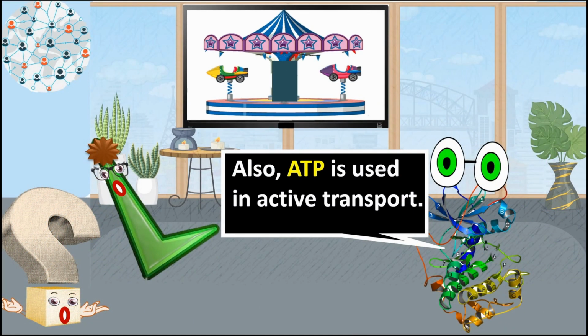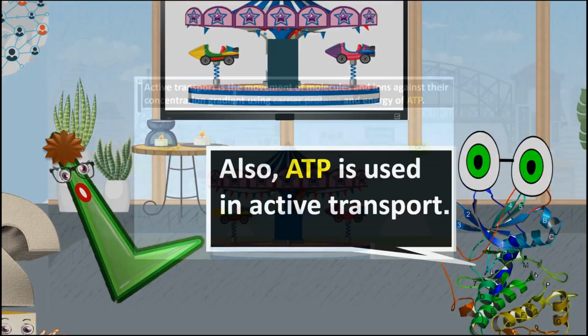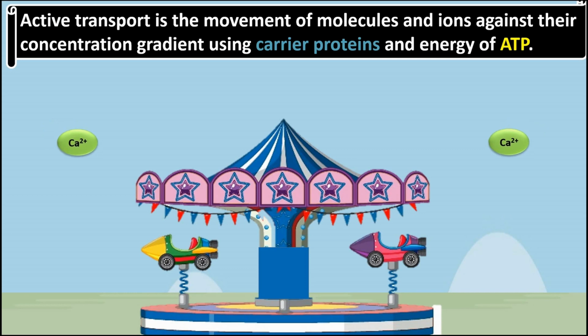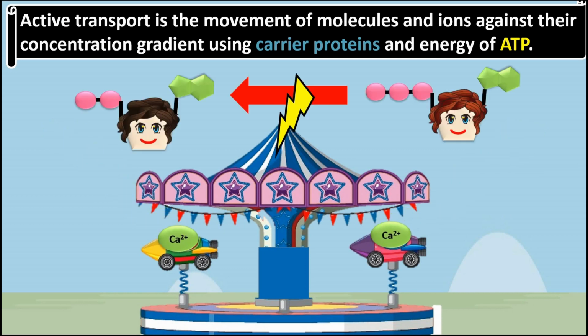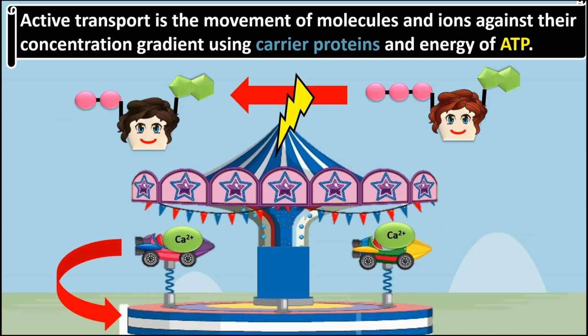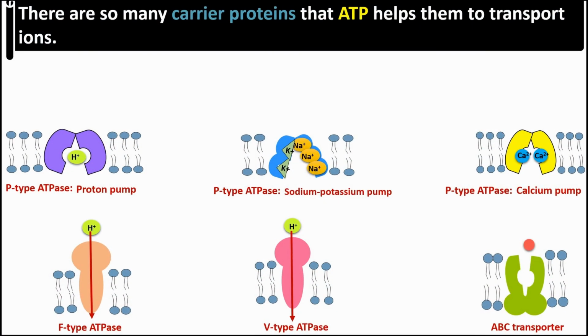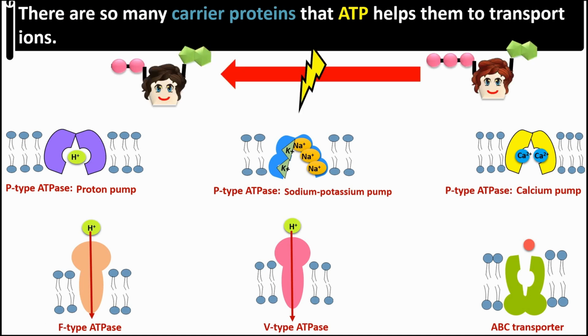Also, ATP is used in active transport. Active transport is the movement of molecules and ions against their concentration gradient using carrier proteins and the energy of ATP. There are so many carrier proteins that ATP helps them to transport ions,